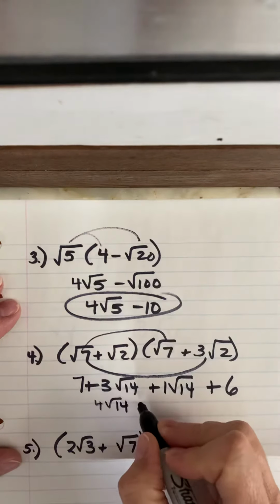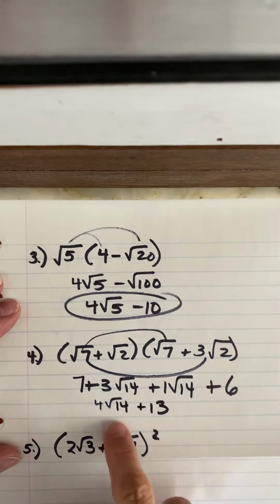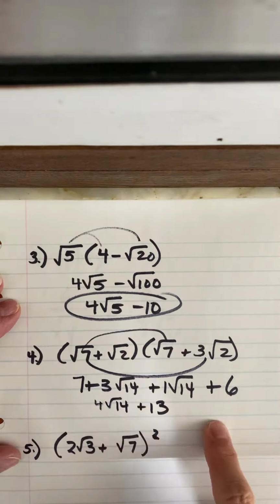7 plus 6 is 13. Okay, so I have 4 root 14 plus 13. Now, for number 5,